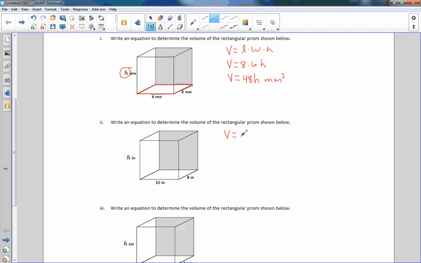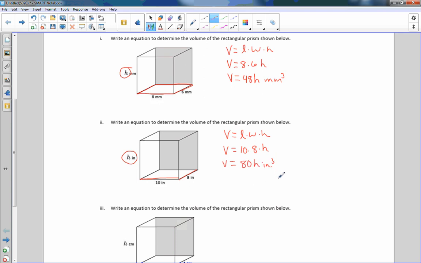V equals length times width times height. Volume equals the length, 10, times the width, 8, times the height, h. So volume equals 8 times 10 is 80, times the height, inches